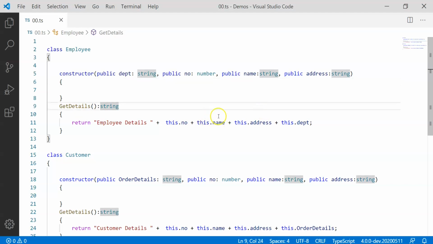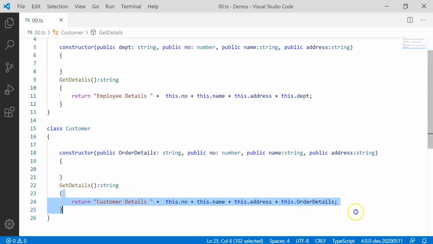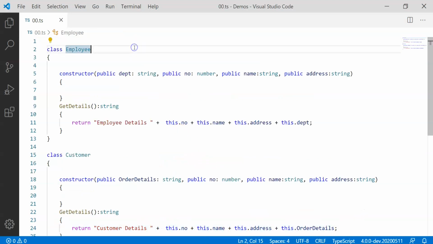Okay, so what we need to do is identify certain common things between these classes and try to define some base out of it. As we know, the getDetails function with the string return type is common, with different implementations that we have. So we can plan to define